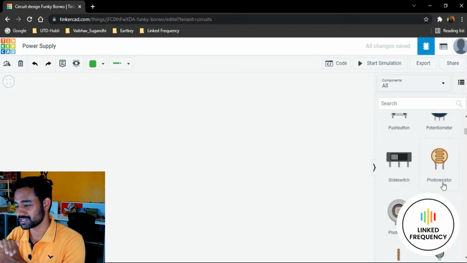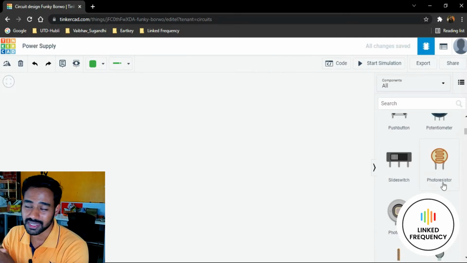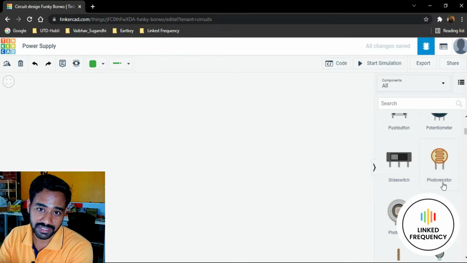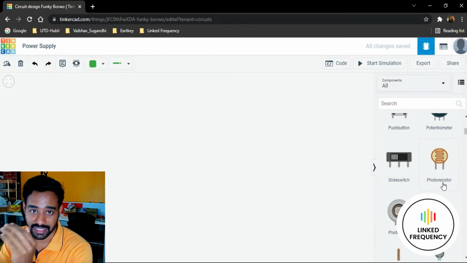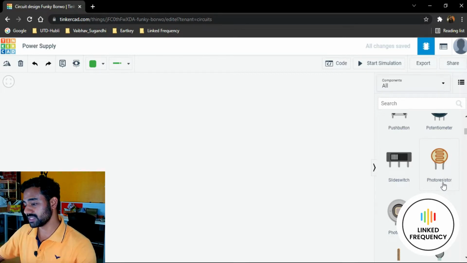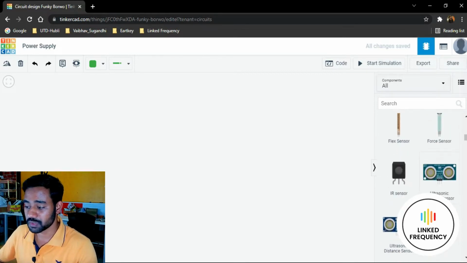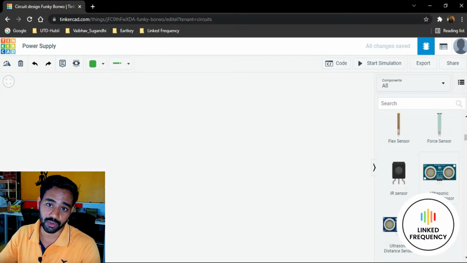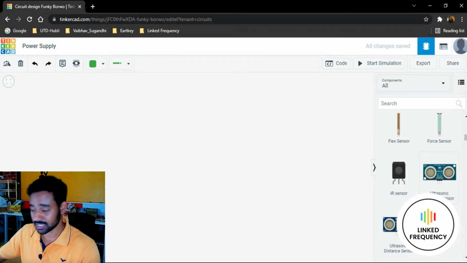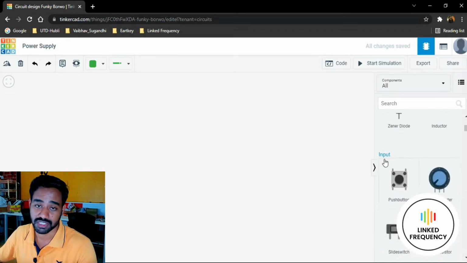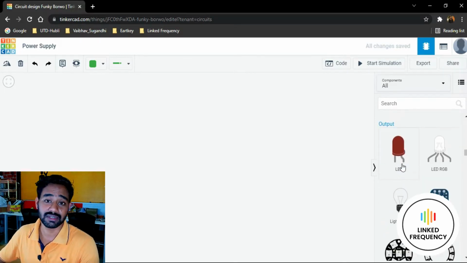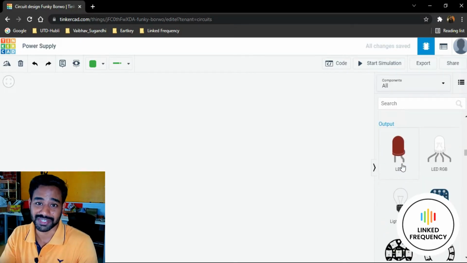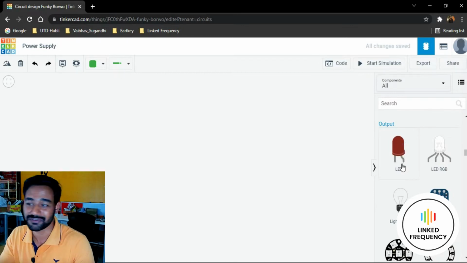We call it as a photoresistor, which is a light sensor in general, which converts light intensity into electrical fluctuation so that you can monitor how much light intensity in a specific area. So these are the sensor devices which are converting physical quantity into electrical quantity. That's why they are categorized into input section. Thereafter we have output section, which is all about the electronic devices which converts electrical signal into physical quantity.